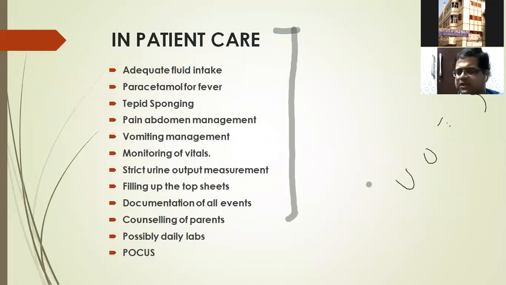Possibly for this patient, you need to do daily labs. If not 12-hourly, you have to do the daily labs, because this patient has some subtle warning signs. This patient has a high tendency to go into capillary leak or hemorrhagic tendency, hemorrhagic fever or shock. And if the patient is obese, chota dengue or mota dengue, you have to be very meticulous about the daily labs. So what are the daily labs you want to do? You can do hemoglobin, PCV, platelet, SGPT and albumin. And we usually do cholesterol for other purposes.